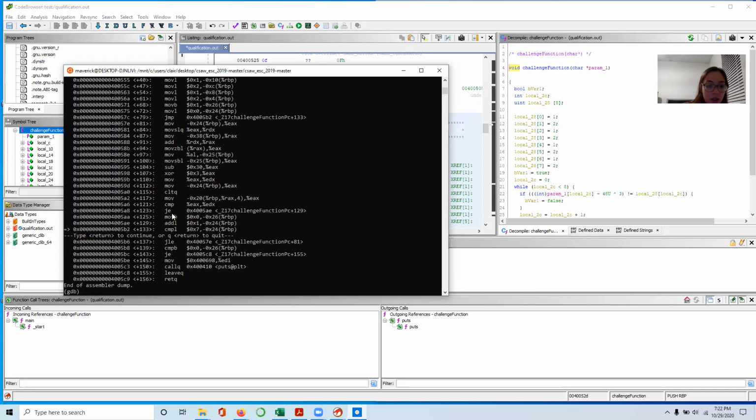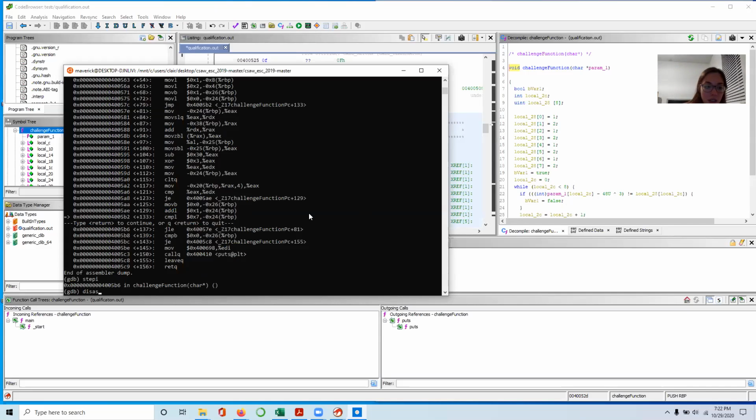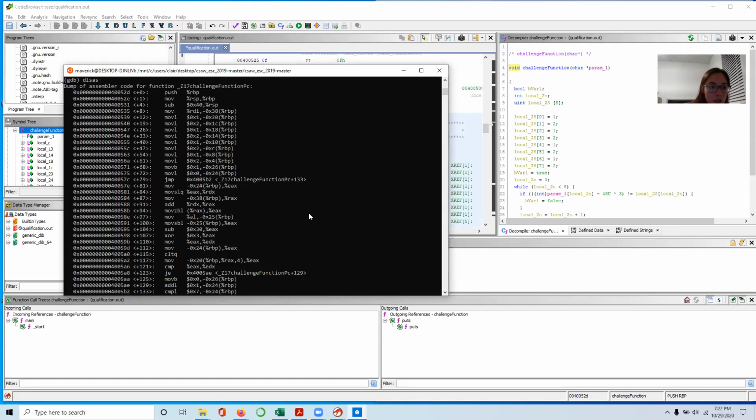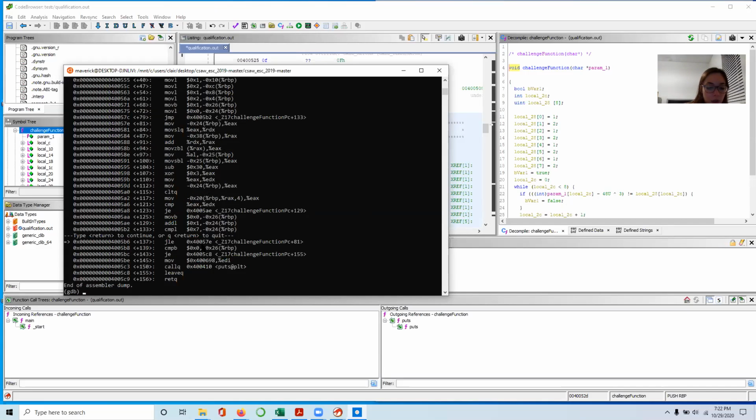So we're pretty much where we want to be, because it's going to check the index, and then we're going to have that check for our input to see if it's what it needs to be. So we can just step once more, and now